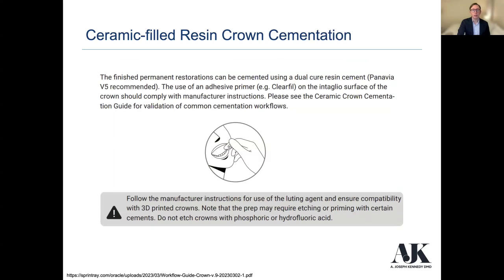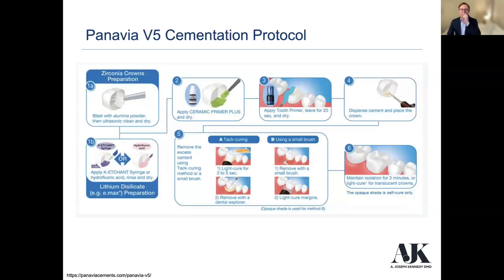I do want to talk briefly about just how we cement this. Again, I always refer to manufacturer instructions. There's many different crown types out there. Some are using VarioLink. This one in particular wanted to use Panavia V5. Again, important to note, here are the cementation protocols for Panavia. Generally we have either an alumina powder to blast it and then ultrasonic clean and dry, or you can use an etchant with hydrofluoric acid for lithium disilicate. Each material is going to be a little bit different, so I do implore you to just read the manufacturer's